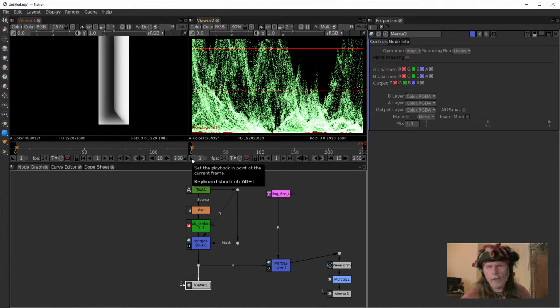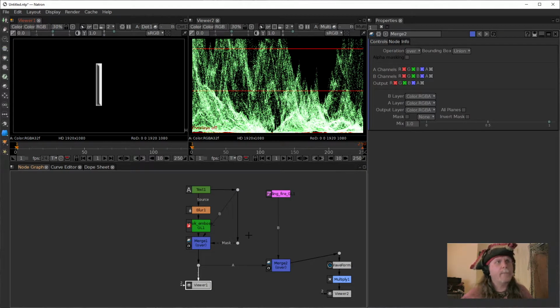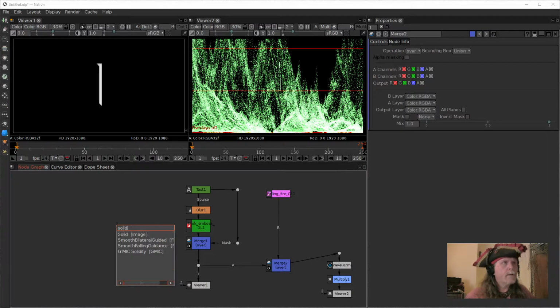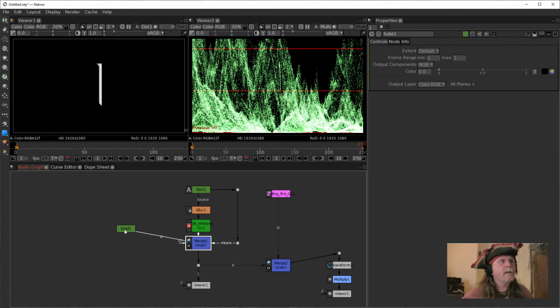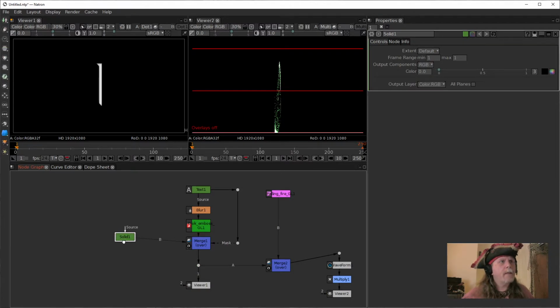Now, I could make it just solid black, but it actually would make the font a lot less appealing in a lot of ways. It would make it black. We could do that by simply, I don't know, we can take anything like a solid color. We could literally put a solid color over here. Let's put a solid in here. And if I put a solid in here and I pipe the background in as a solid, then when we come back here,